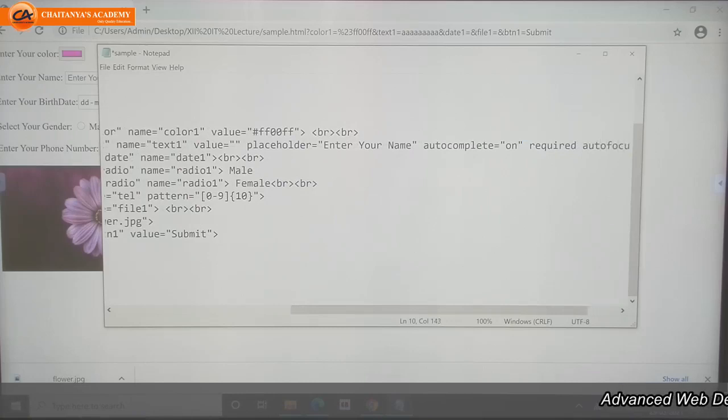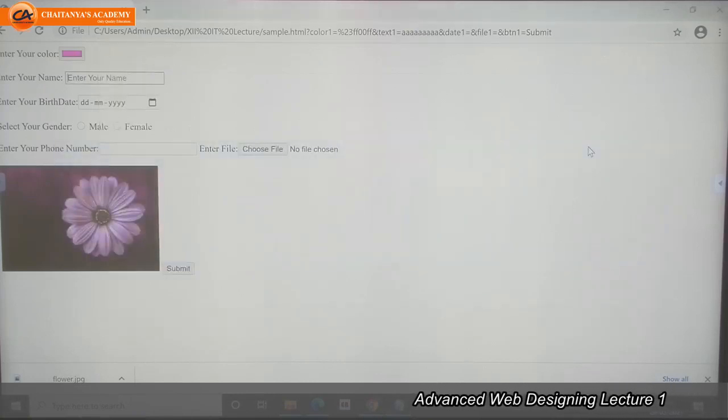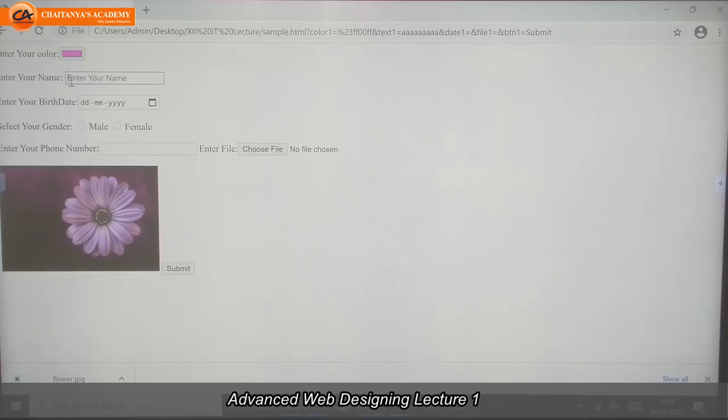Autofocus. See, now the cursor is going to blink here. If I haven't written that,